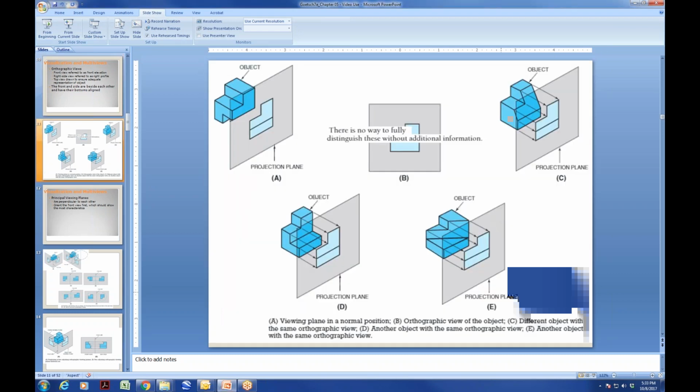Let's go through some good examples here, with the viewing plane in the normal position. As you can see, the first view here is at the normal position, and there's no way to fully distinguish this without additional information if you just provide the front view. This orthographic view of the object cannot distinguish what's going on with the top and the side view, so you need additional information here. And the reason why I'm saying that is because if you look at this object here,